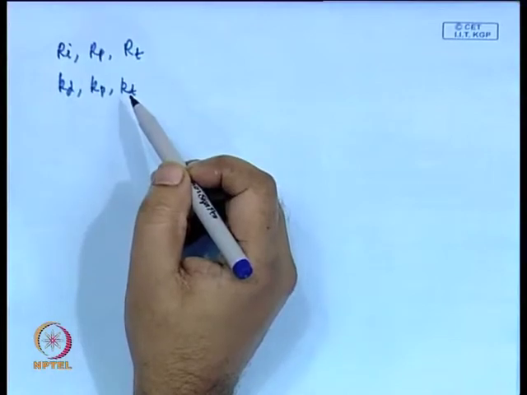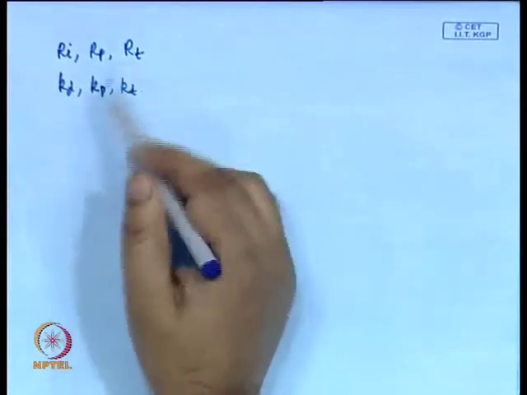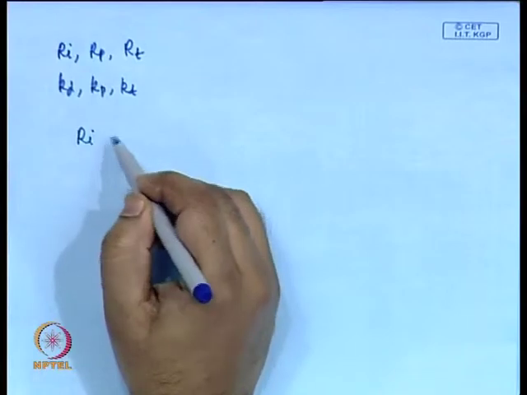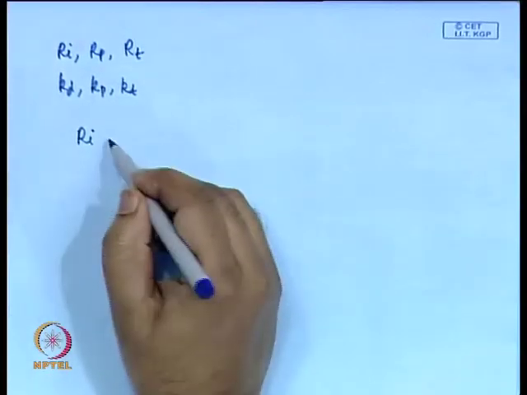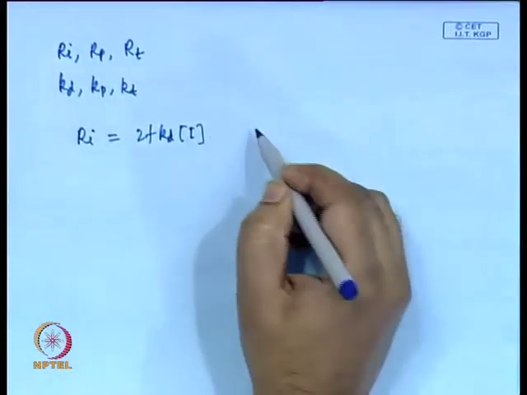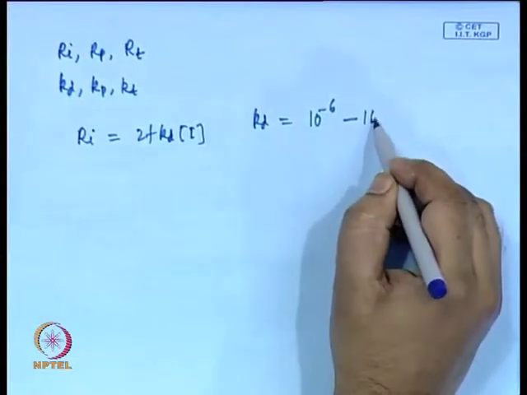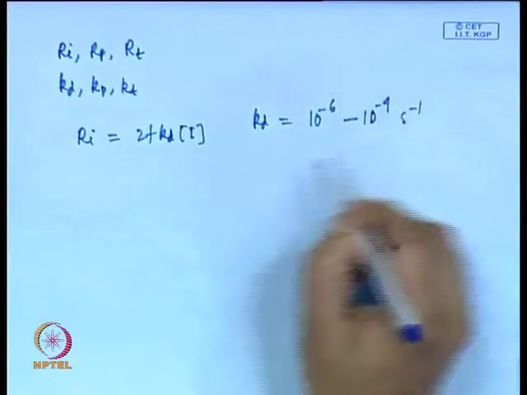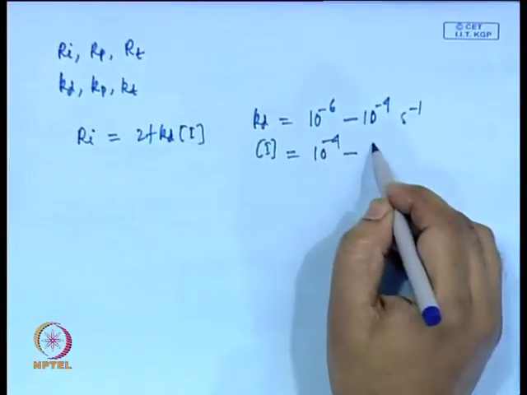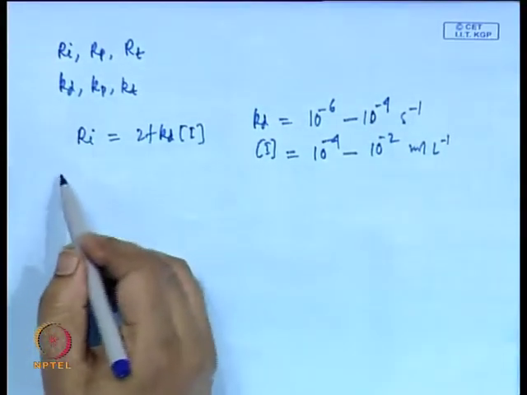Now, what are the typical values of this? What are the typical values for radical polymerization? Ri is twice f Kd I, where Kd is 10 to the power minus 6 to 10 to the power minus 4 second inverse. I is typically used, so Rt comes around